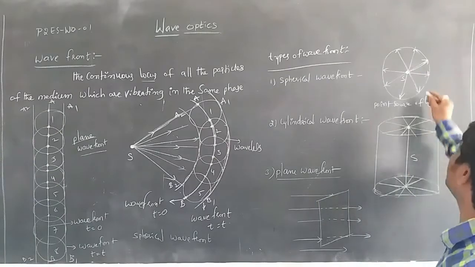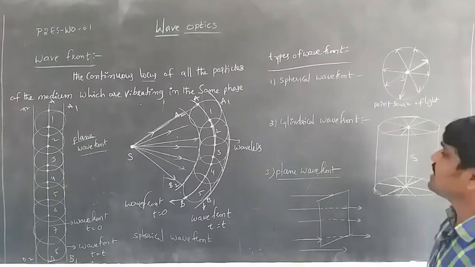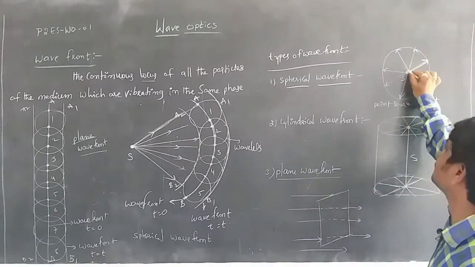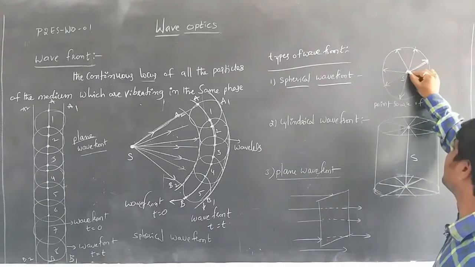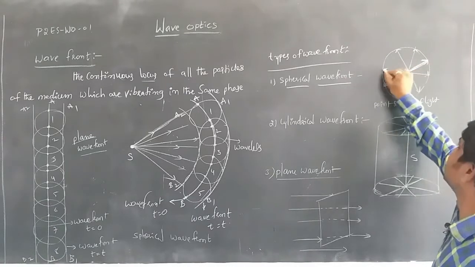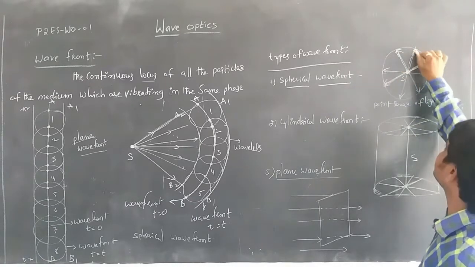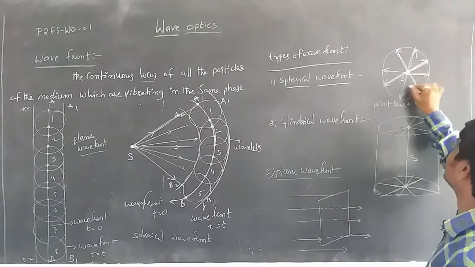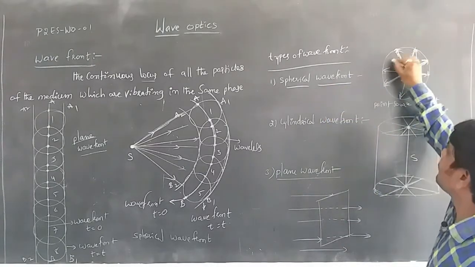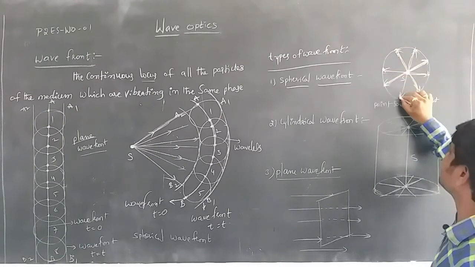So in the case of a spherical wavefront, when the source is a point source, the light will travel in all directions. A spherical wavefront can be formed because of all the points of a continuous locus,